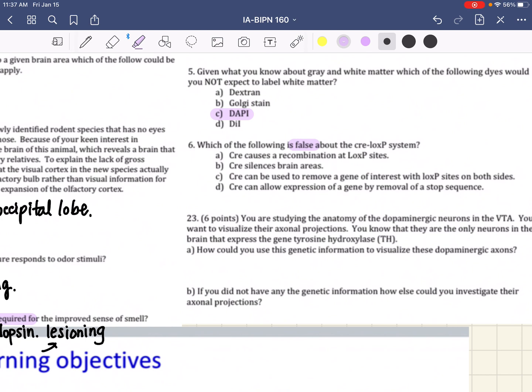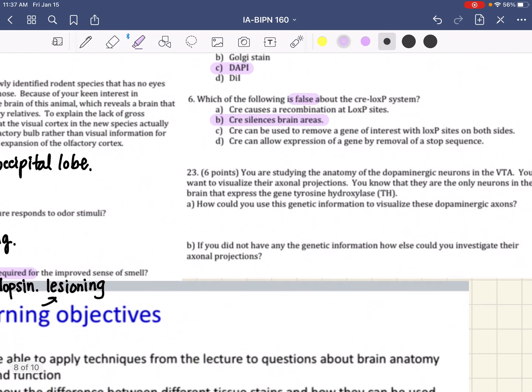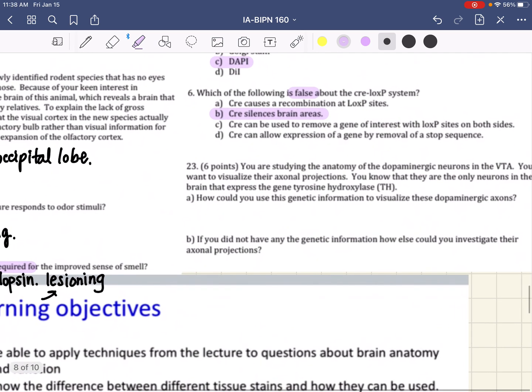C. Cre can be used to remove a gene of interest with LOXP sites on both sides. That is also correct. D. Cre can allow expression of a gene by removal of a stop sequence. That is also correct. Those are all of the types of Cre usage that I talked about in this video earlier. So the right answer is B. Cre silences brain areas. That is not true, right? Cre is not one of the tools that are able to silence or activate